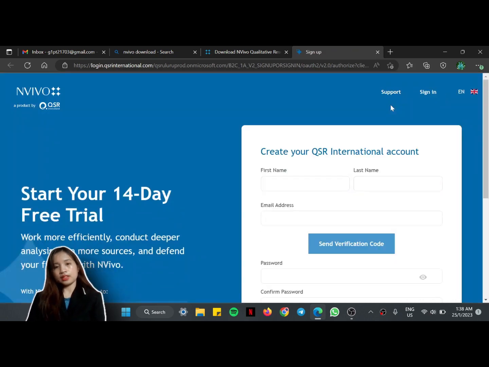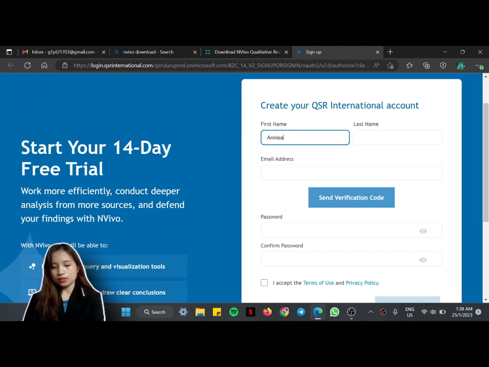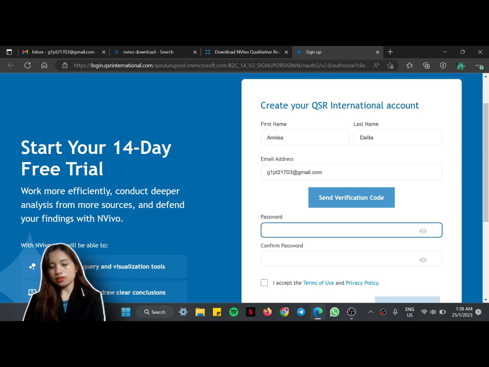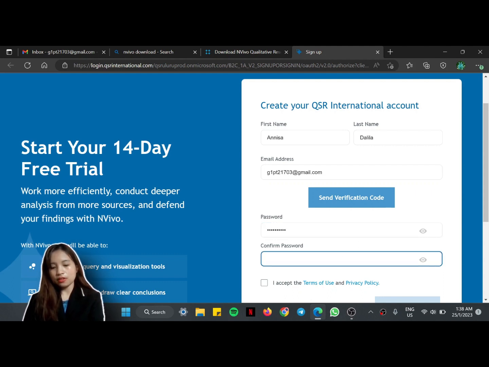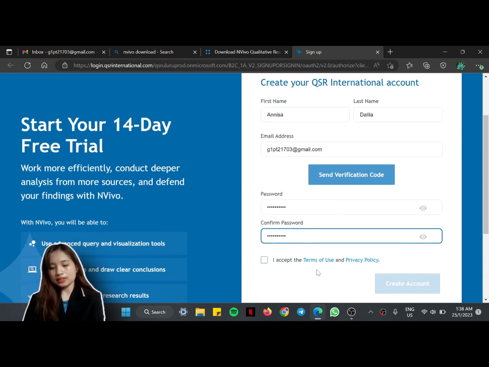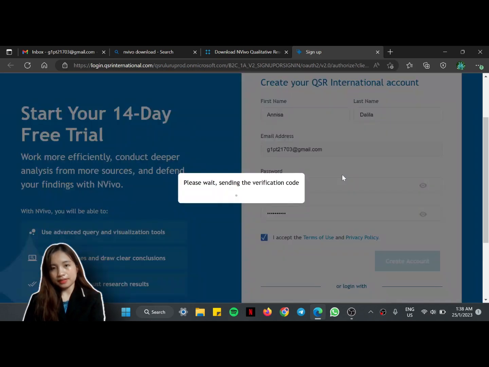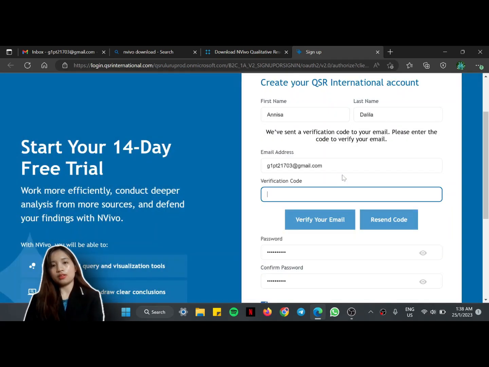Like here, you need to create your QSR International account and fill in your first name and last name, and also your email address. And after that, you need to fill in your password and confirm your password and click for I accept the privacy policy and terms of use. And after that, you need to click on your verification code